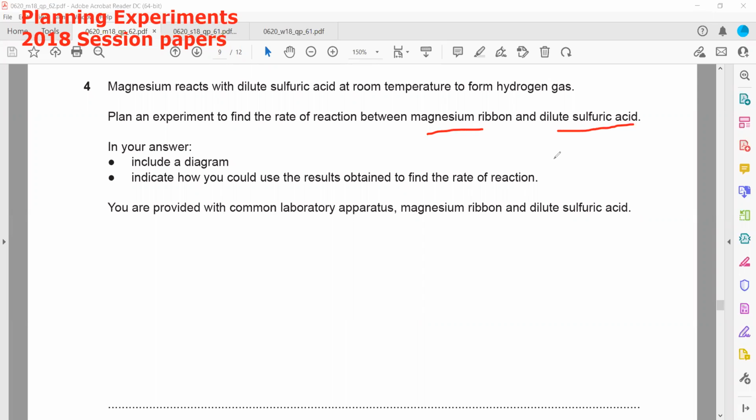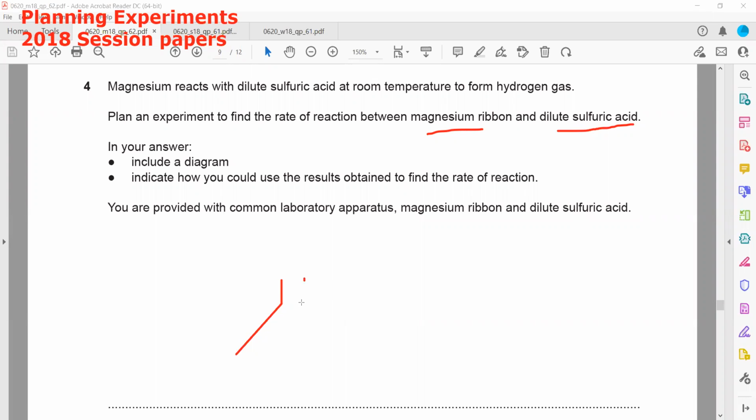So whenever metal reacts with acid, it gives salt and hydrogen gas. So either we can measure the volume of a gas given off in a unit time or the change in the mass in a particular time interval, we can work out the rate of reaction. In your answer, you have to include a diagram. So it's up to you. If you want to measure the change in mass,